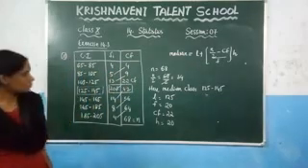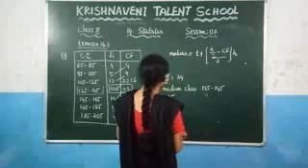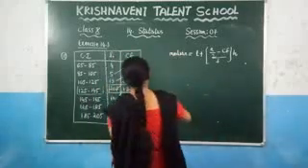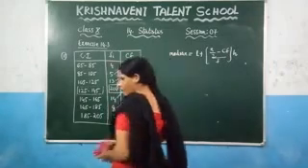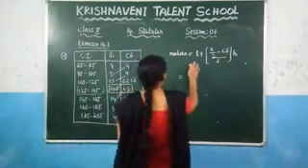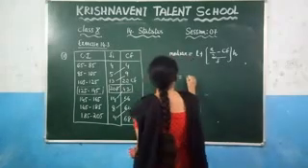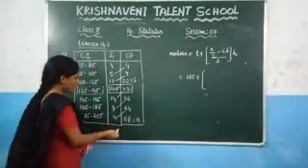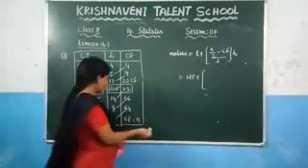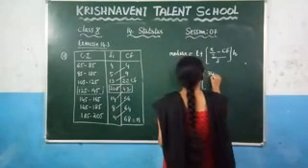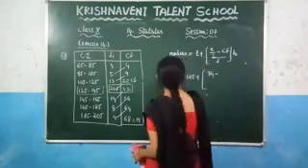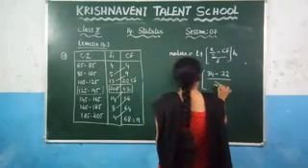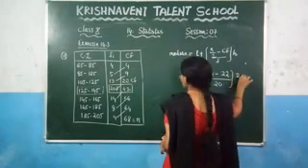Now you can substitute here. So substituting in this, what do you get here? What is the value of L here? 125 plus n by 2. What is the value of n by 2? Just now we have calculated 68 by 2 which gives you 34. And after that what is the value of CF? 22. And what is the value of F? 20. And what is the class size? The difference, which is 20.